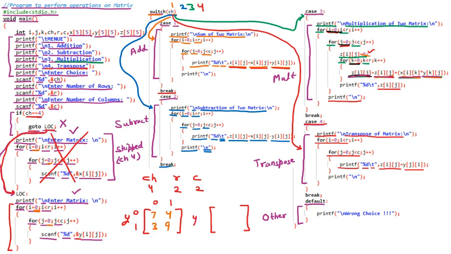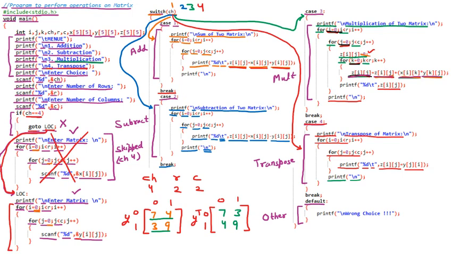We are representing Y T for the transpose. These are the rows and these are the columns. Now row will become the column. So this is the row 7 4. So this will become the column now, 7 4 here, and again the row will become the column, 3 9. So this is becoming the column. This is the transpose. So this is the transpose of the matrix. Then printf \n, that is for making the proper line by line, 7 3 into one line and 4 9 into another line. So these are the 4 cases by which we have worked.